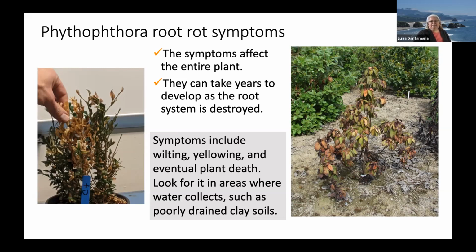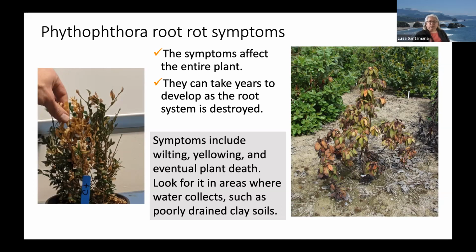But we need to check, as we mentioned in other previous classes, the areas where standing water is present, and also where you can see the drainage of the water is poor because of clay soils. On the right, you can see a photo of a plant that is completely bad. And I don't think that happens from one day to another. It took some time. On the left, there is a plant, and boxwood plants also can be affected by Phytophthora,